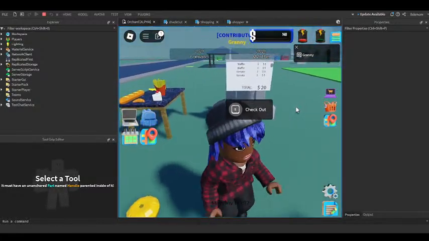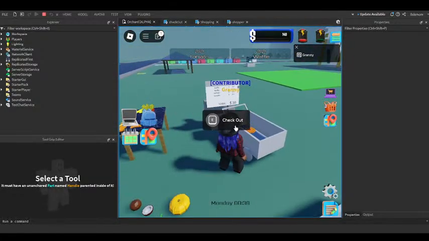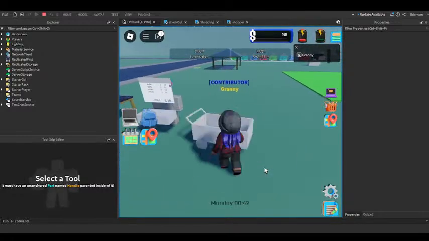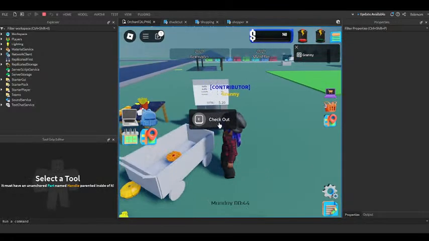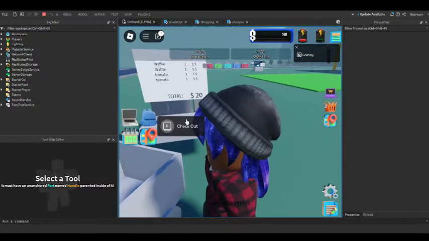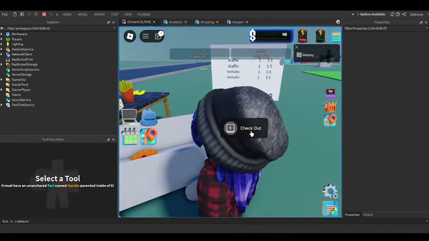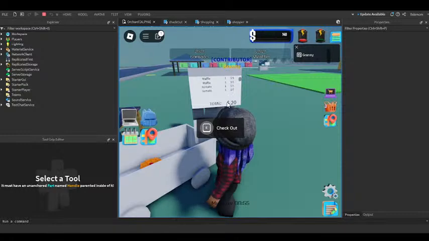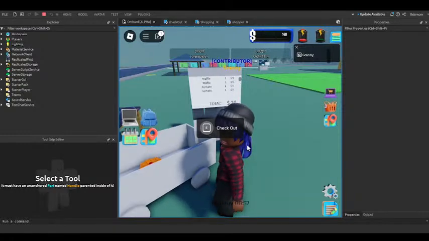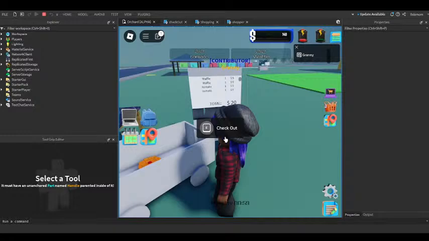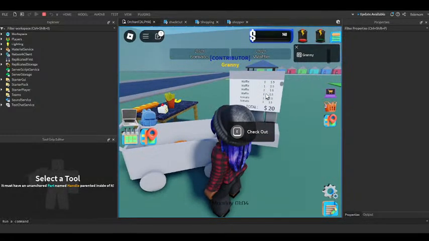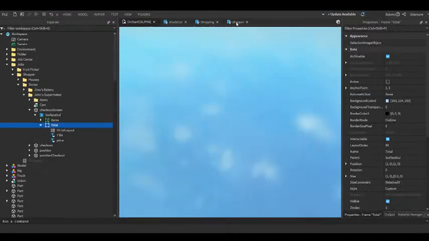So at the end, once we're done, it should change our checkout to a pay button. So while we're checking out, we should not have any prompt. It should be deactivated, and then once it's completed the checking out animation, then we should have a pay prompt. Okay, so look, we can check out again. It's checking out again, and it has the very same things. So what we will make sure to do is